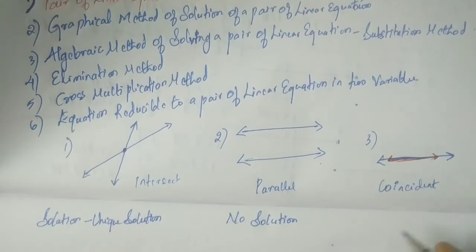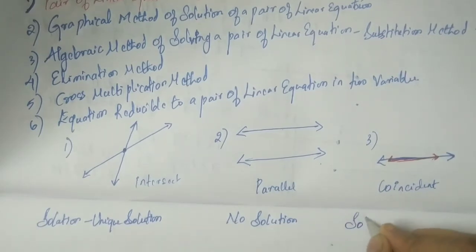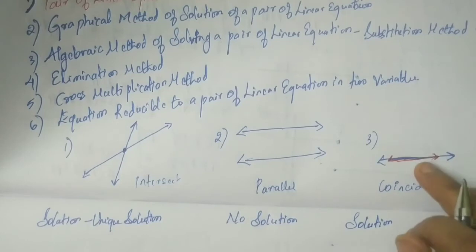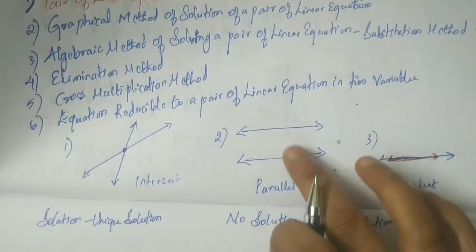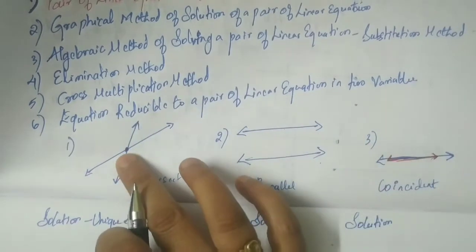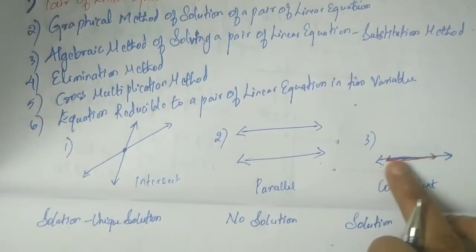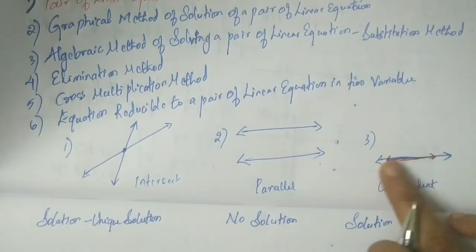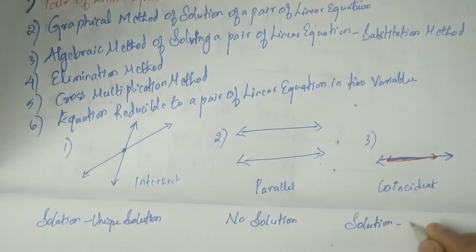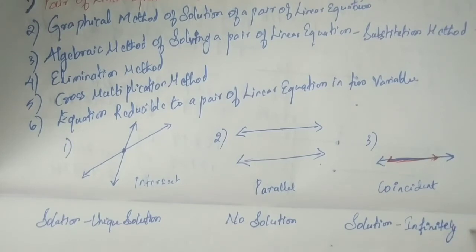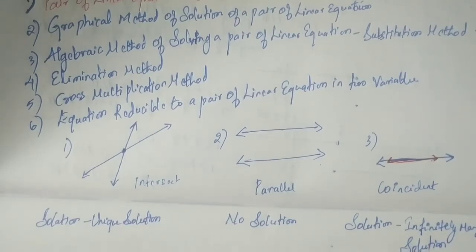On that itself we have one more straight line coinciding. That means one more straight line is going to intersect there. So we say there are many points of your second line intersecting on the first line, right? For intersection, we have only one point, but when you have coincident, you have many points intersecting on the straight line. So whenever the points intersect, there is a solution. But instead of having a unique solution as we wrote in intersection, here we will have infinitely many solutions.